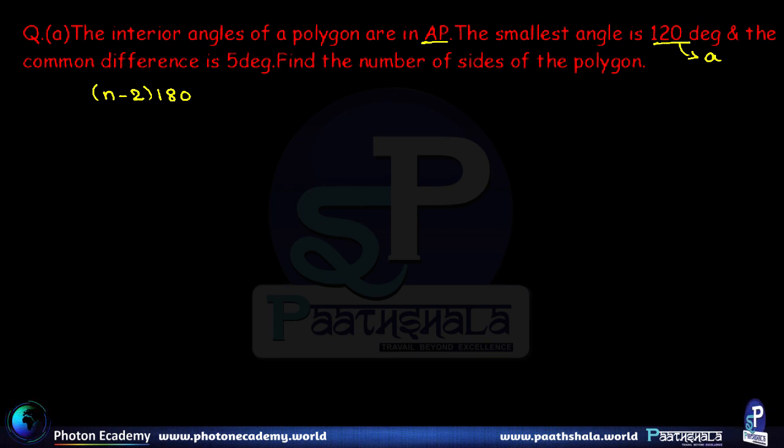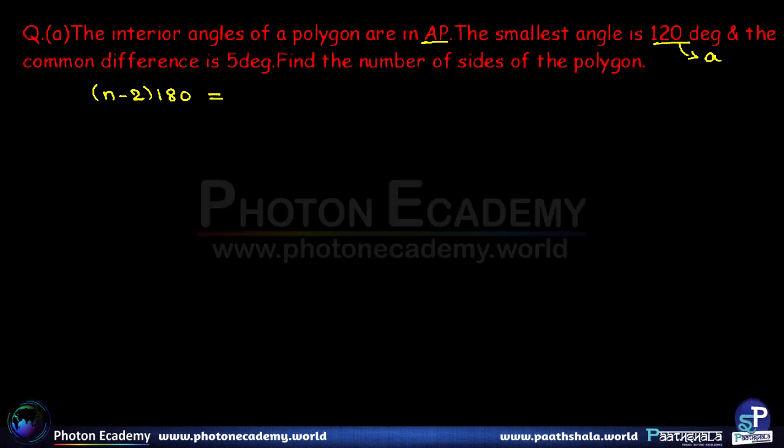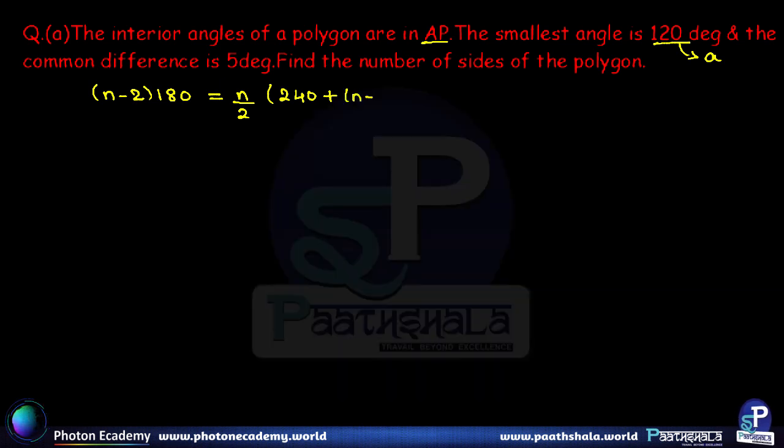Okay, so let the number of sides of the polygon be n. So equating this to, on the other side we can write an equation of the summation of AP. So we know that is n by 2 into 2a, so that is 2 into 120, so that is 240, plus n minus 1 into d, and d is 5, right? So n minus 1 into 5, this will be n minus 2 into